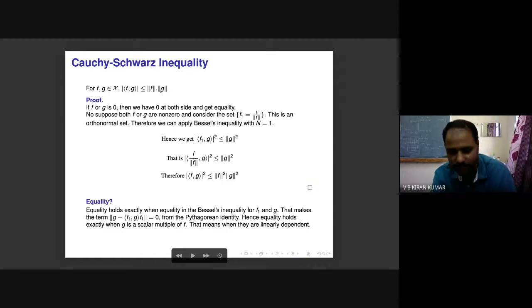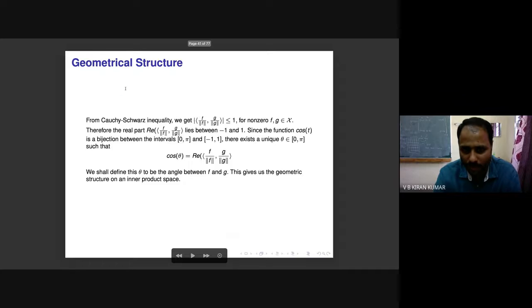You can take it as an exercise. It tells you that the inner product is a continuous function. So the geometric object which we introduced is actually a continuous function. Therefore, you can interchange the limit and inner product; you can take the limit outside the inner product. That's what we are going to see.